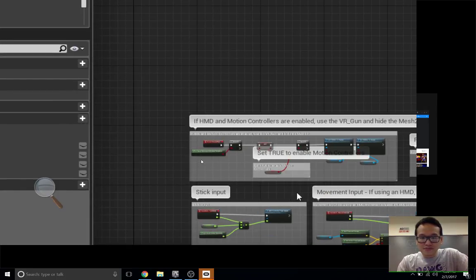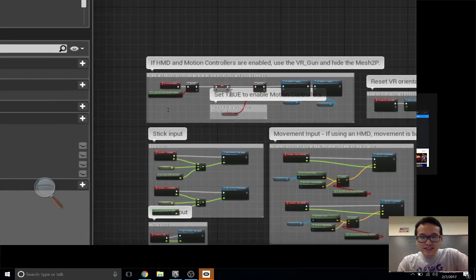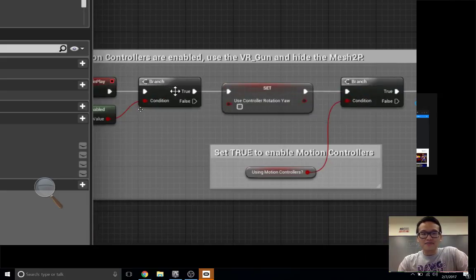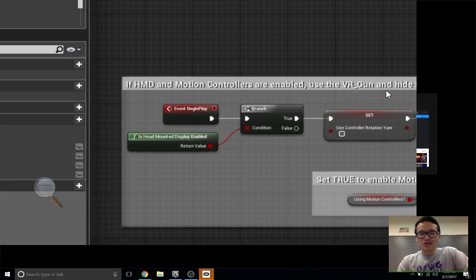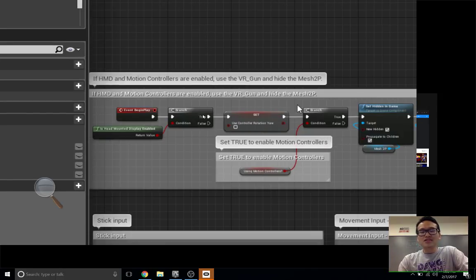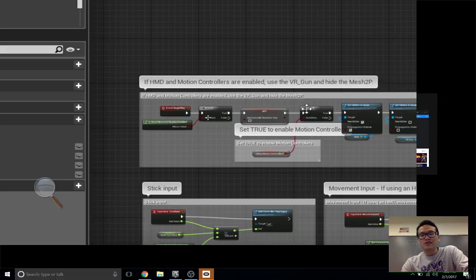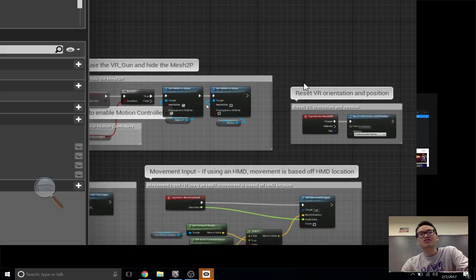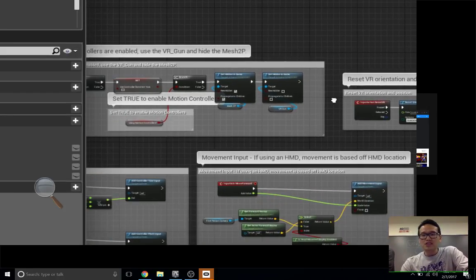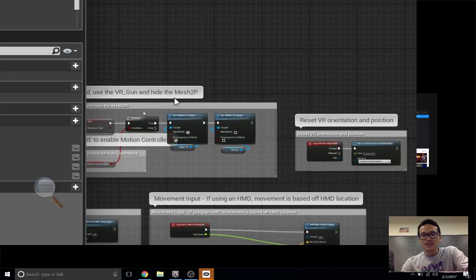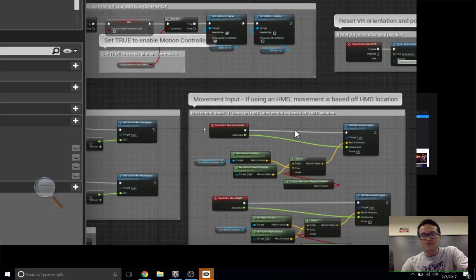There's a lot of stuff going on over here, and we're going to ignore a lot of it. For example, they have a check for whether a motion controller is used for VR gun. So this template will work out of the box for a VR game. They also have a VR mode enable, but we're not going to go into it today. We can touch on this later. I'm just going to ignore every group that says VR stuff right now.